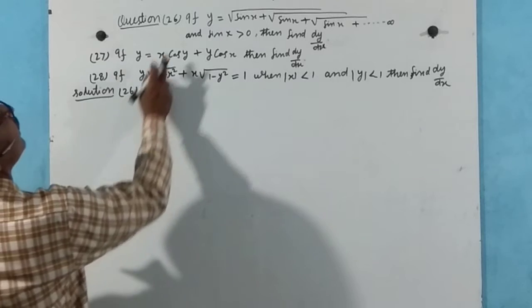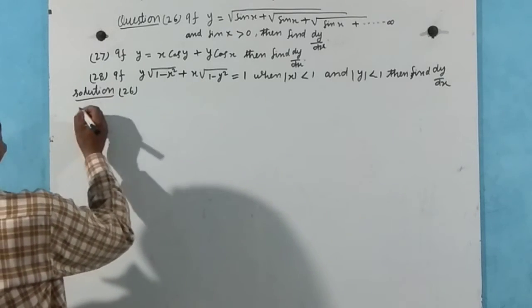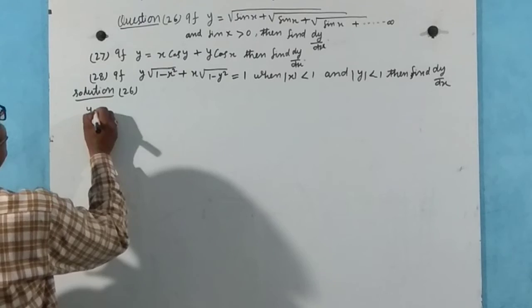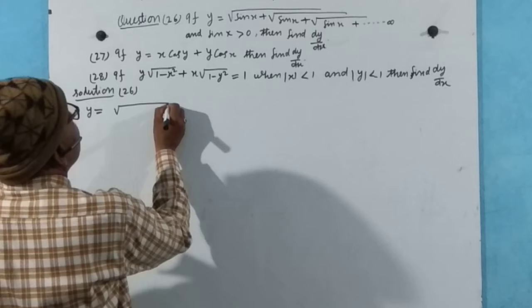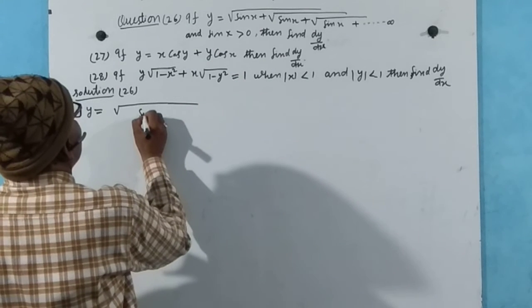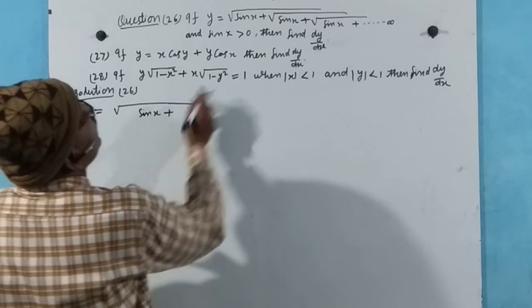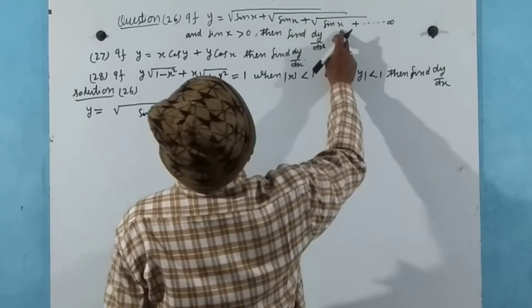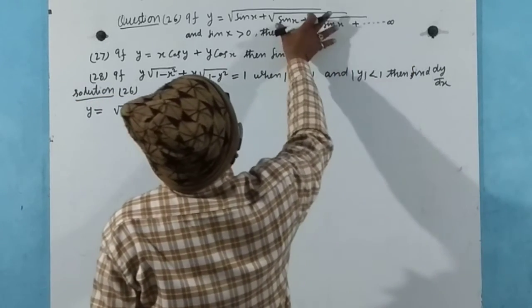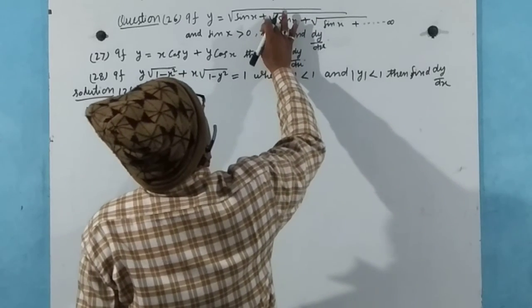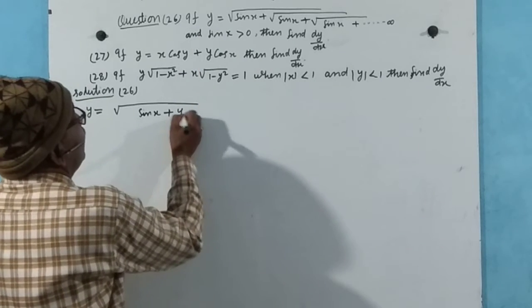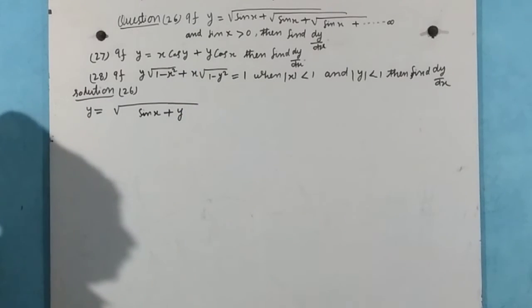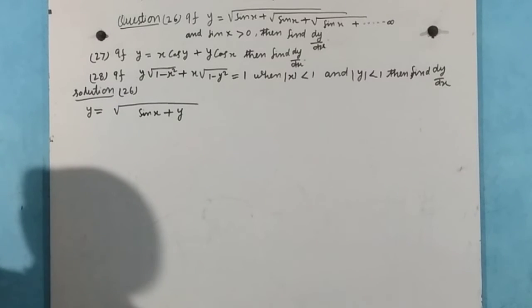Now solution 26. y equal to this can be written as y equal to under root sin x plus under root sin x, continuing to infinity, so that in place of this term we can also write y here, because it goes on to infinity. Now squaring both sides,